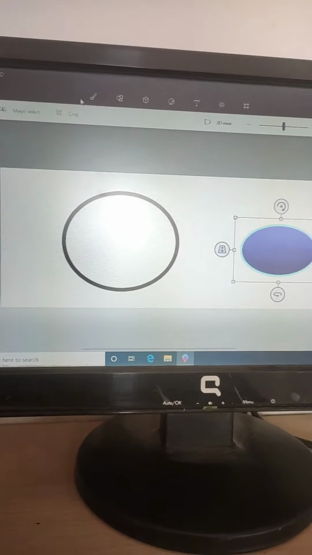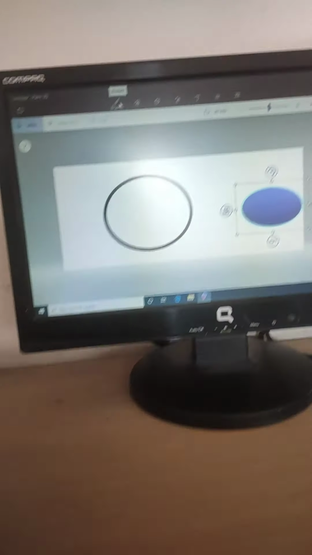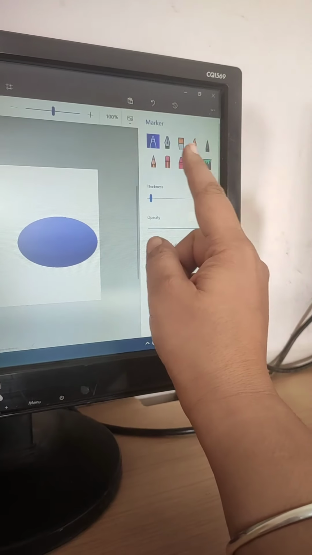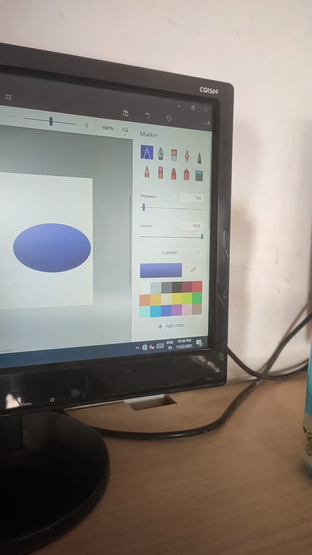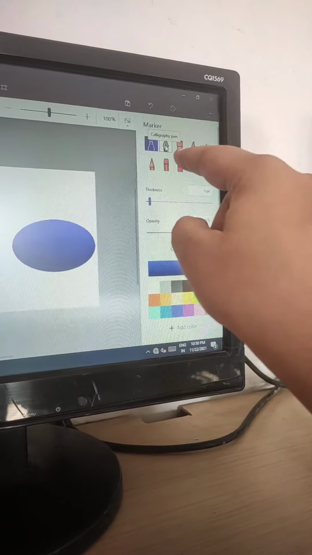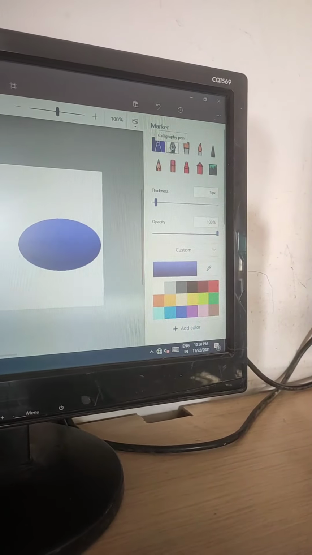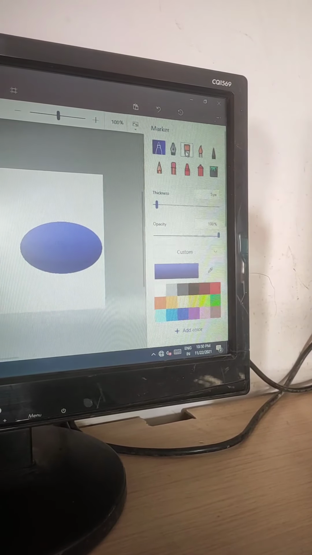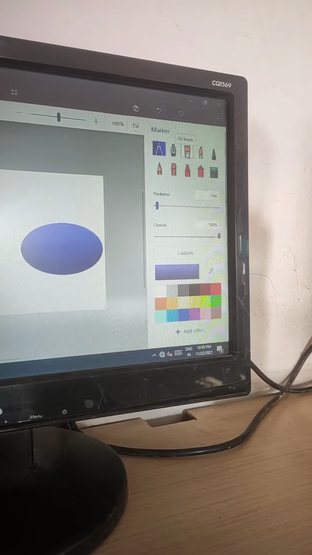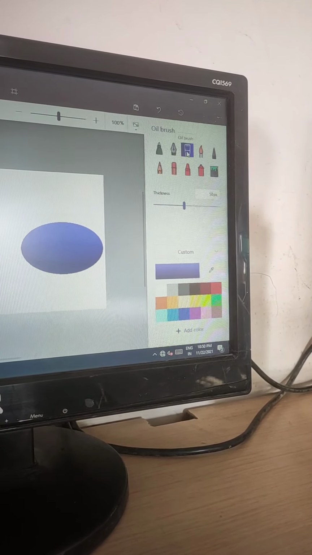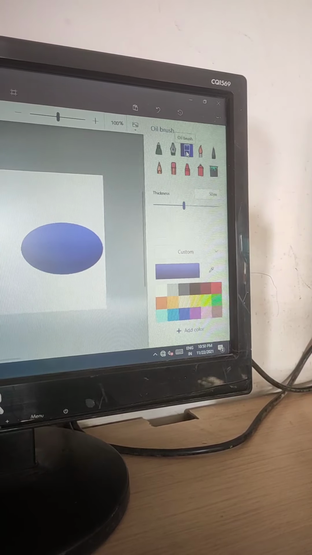Now see, brushes option. You can choose the brushes option from here. See, all the brushes are shown in this panel. Names will be displayed when you take your mouse pointer on the brushes. This is a calligraphy pen for writing. This is a marker. This is oil brush. So let us choose this oil brush from here. Click left mouse button and select the oil brush.